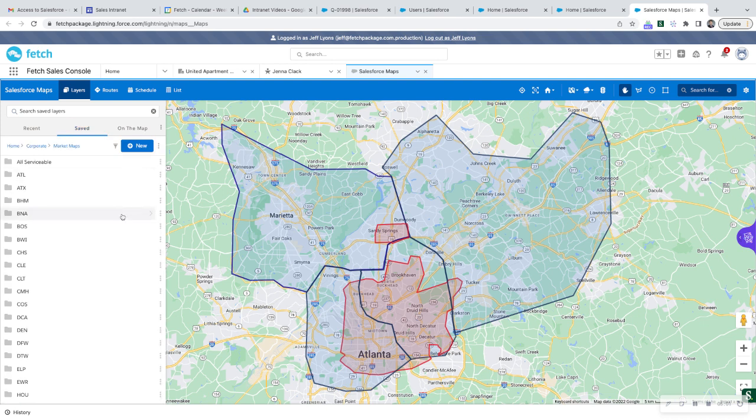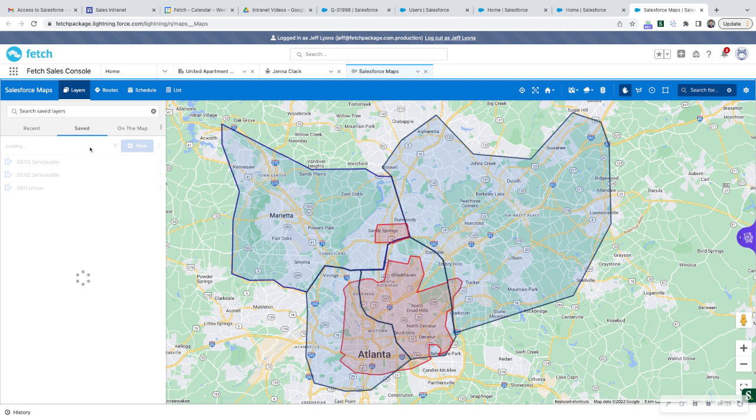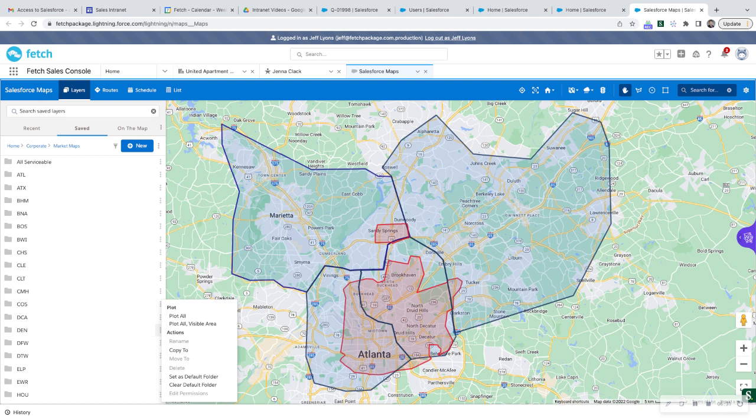You would come over next to the name of the market, hover over the ellipses, and hit plot all. Now, if you know you're looking at a very specific area that you want to target, I'll take Denver as an example here, you can also just choose one thing to plot. So if you click into the market itself, let me just run through that one more time. Rather than hovering over the ellipses and clicking plot all, you can click on the folder itself,